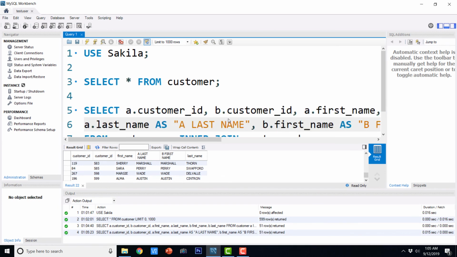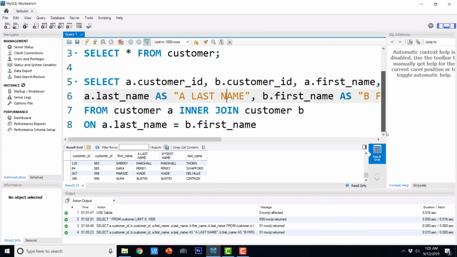So this is how we can take the join on the same table, and it is known as self join. Self join could be any type of join. It could be an inner join, or a left outer join or right outer join. It could also be a simple join. You can just mention where, and it is going to become an old style inner join. So this is how we can take the self join.